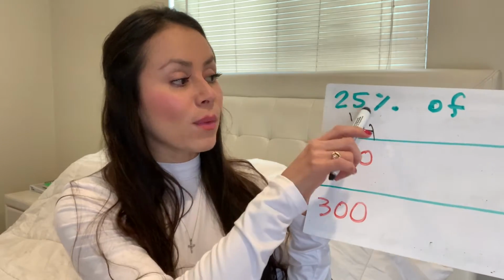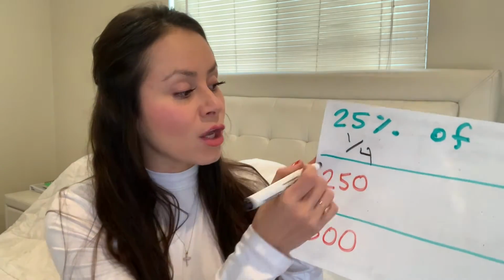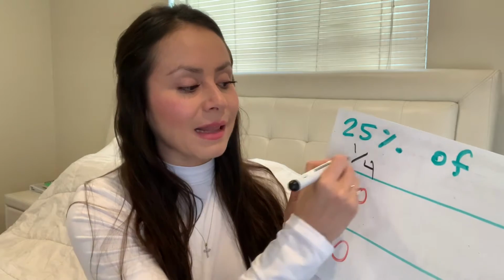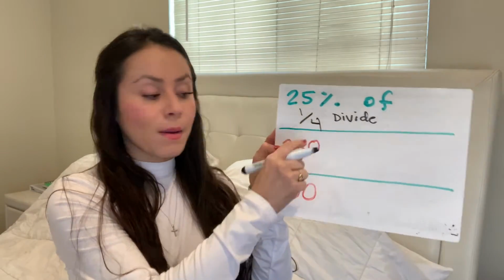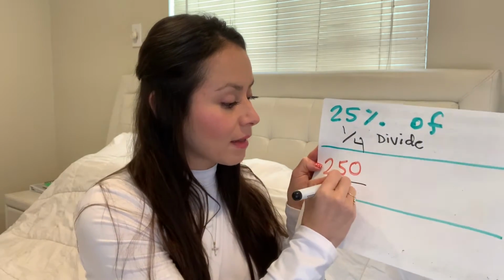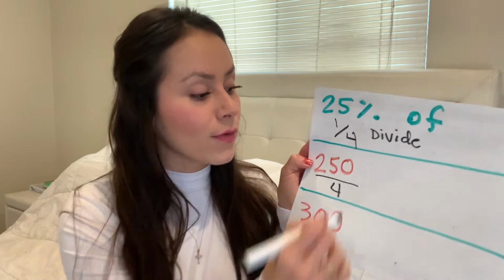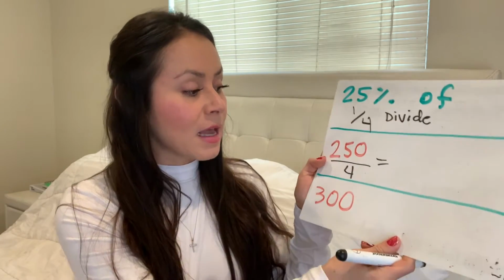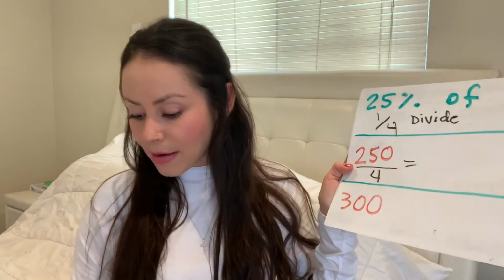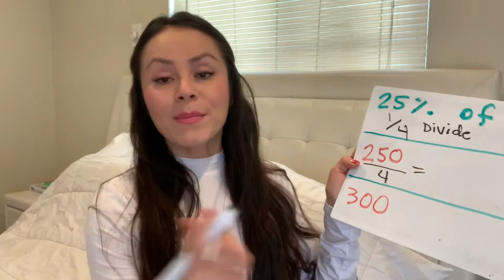So 25% means 1/4. So what does that mean? That means that if you want to find 25% of anything, what does fraction mean? What does that little line mean? It means to divide, right? So if you divide that number by 4, it'll give you the 25% of that amount, which is 250. So 250, if we divide it by 4,